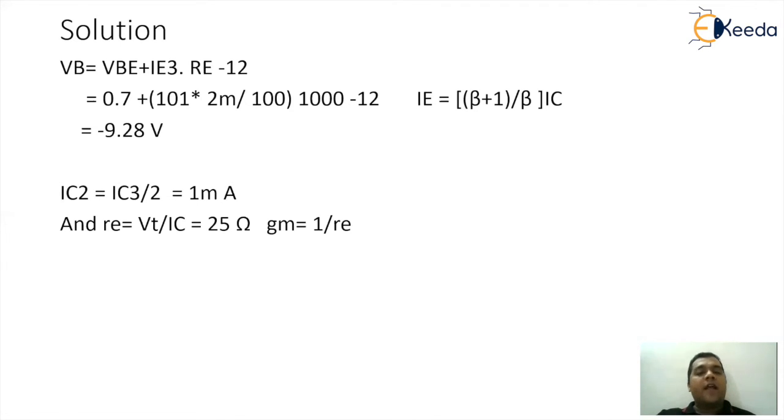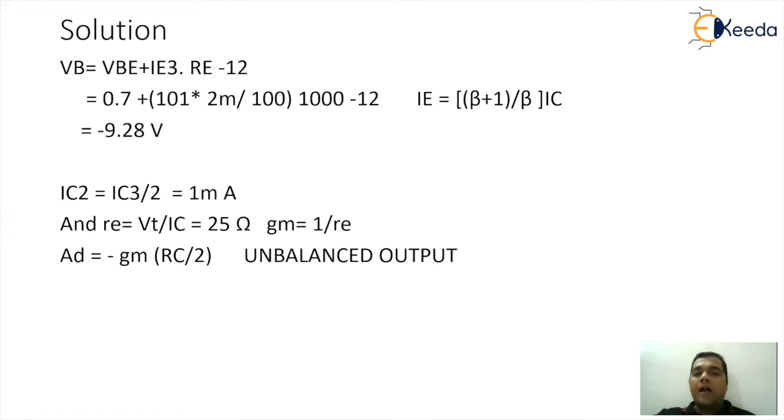If you observe the diagram carefully, the circuitry is basically from the family of unbalanced output type. So it is unbalanced input, unbalanced output, and the gain of that will be minus of GM RC by 2. This includes the polarity of minus sign because we are trying to find the actual gain and not the magnitude. That's the reason the gain is going to be minus of GM RC by 2. On substitution, you get the value of differential gain as minus 20. So the answer is minus 20.